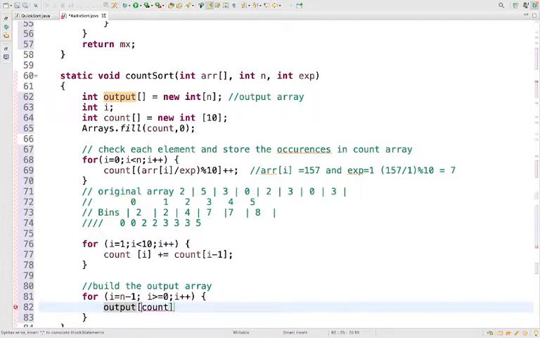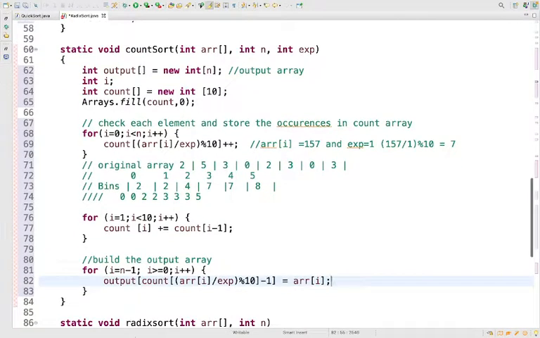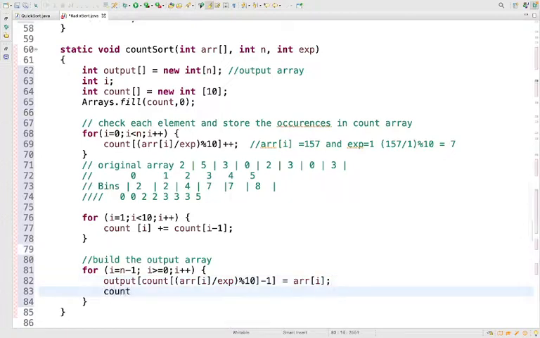So again I will take arr[i], exp, and this will be modulo 10, and this will be minus 1, so it will be arr[i]. Okay, and count of,